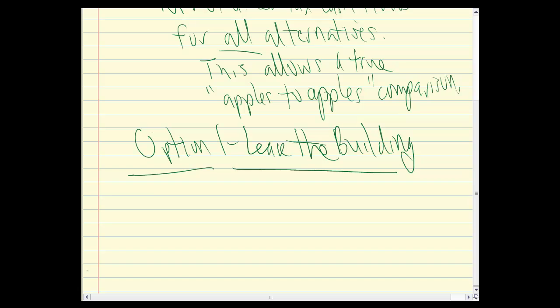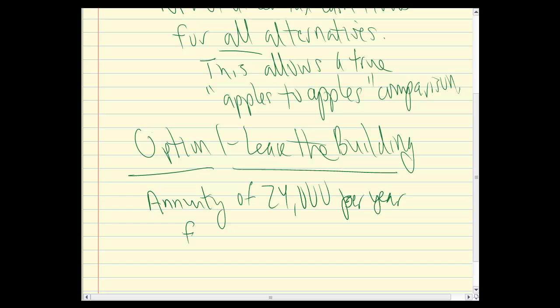Okay, so you're basically going to do an annuity of $24,000 per year for how many years? 20 years. At what rate? I think it's 5%. Is that what they told us? Well, remember I gave you the discount rate, remember? Remember we gave the discount rate at the beginning of the class? Okay, it's 10%. So at 10%